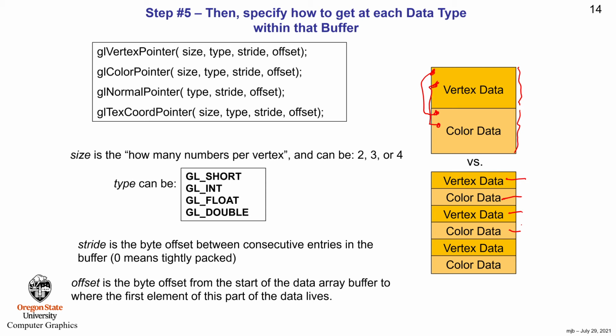And so when you're setting these up, you tell it the size, the type, the stride, and the offset. Size is how many numbers per vertex you have. For XYZs and RGBs, it would be 3. For RGBA, it would be 4. For normal vectors, it would be 3. For S and Ts, it would be 2. The type: what do you have? Are they floats? Are they ints? Typically in our world, they would be floats. The stride is,